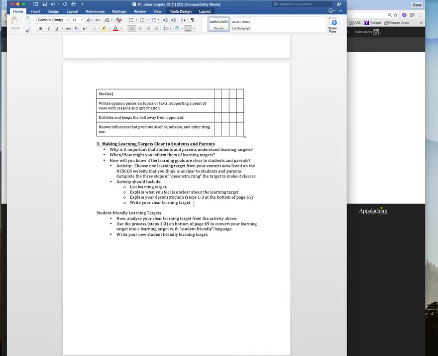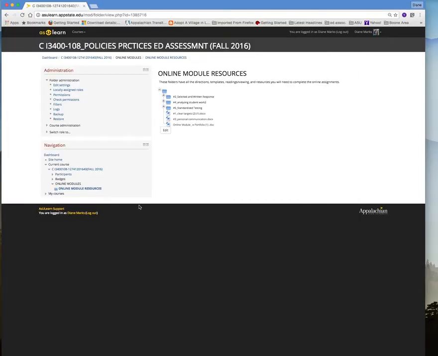So all you need to do is pull a standard from the standard course of study. Once you have that, now you have a clear learning target. Now you're going to turn that learning target into a student-friendly learning target. So you're going to use the process, steps 1 through 3 on the bottom of 69 this time, to convert your learning target into a learning target with student-friendly language, and then write it here. So make sure that you use the steps at the bottom of page 61 and steps at the bottom of page 69 for each of these parts, okay? And if you're not sure about where to find a standard, you can go to North Carolina Standard Course of Study,